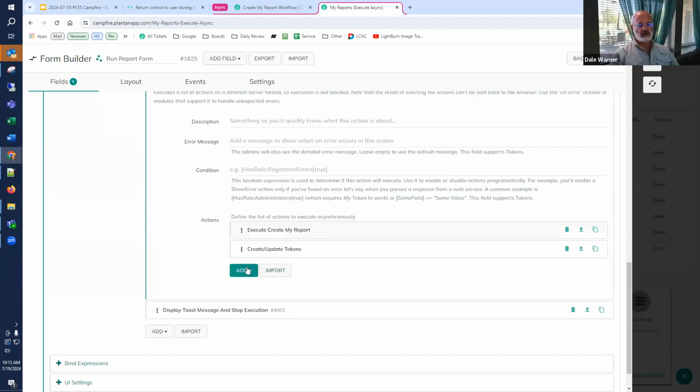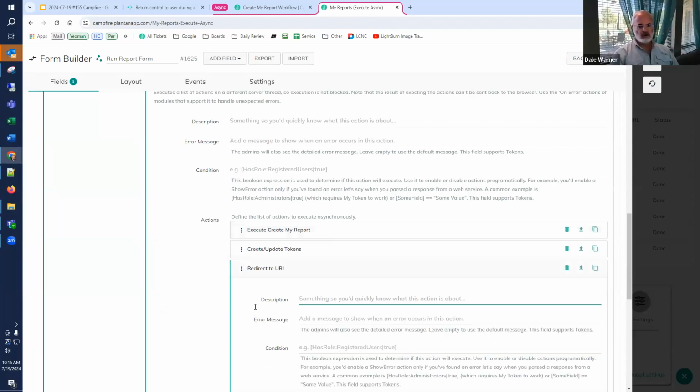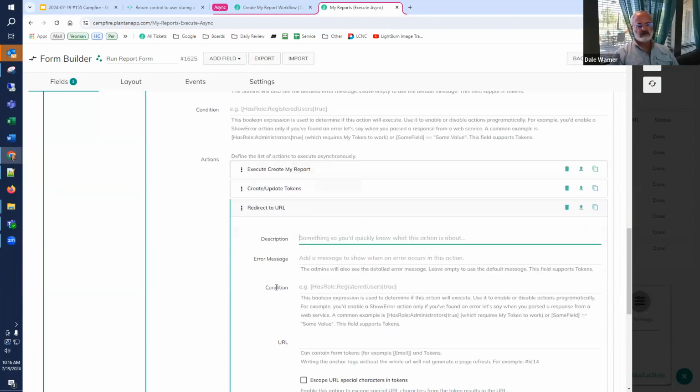Redirect to URL: if we add it in here, it's not pointed out as illegal, but because this whole thing is running disconnected from the user, it cannot impact the user. It can't impact their browser.